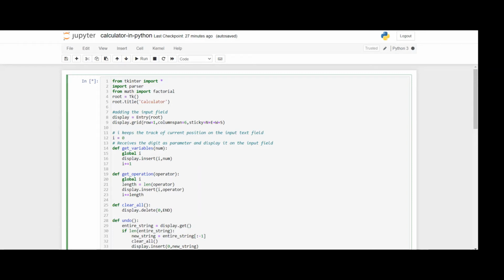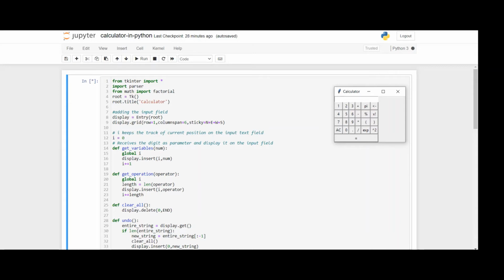Let's add the input field. Like in a calculator, we have to make the buttons. You can see here I made the buttons. You can create as many buttons as you need, but you have to fix the value for each particular button.